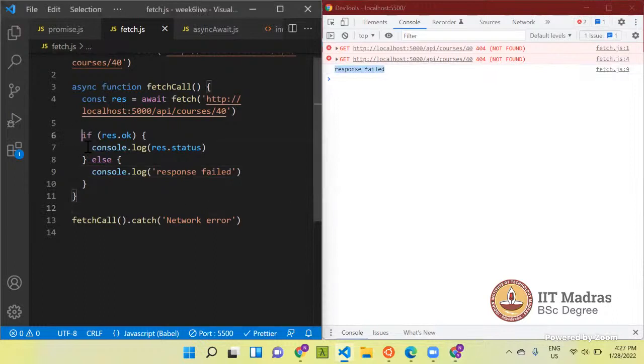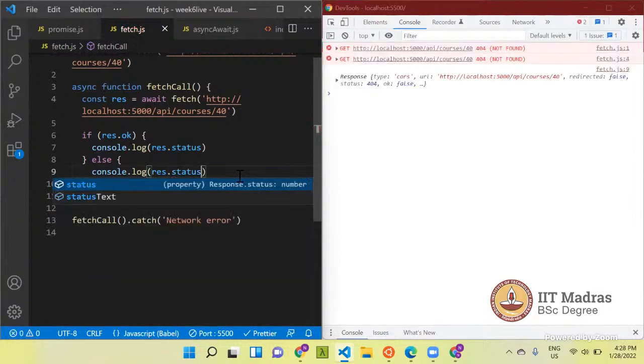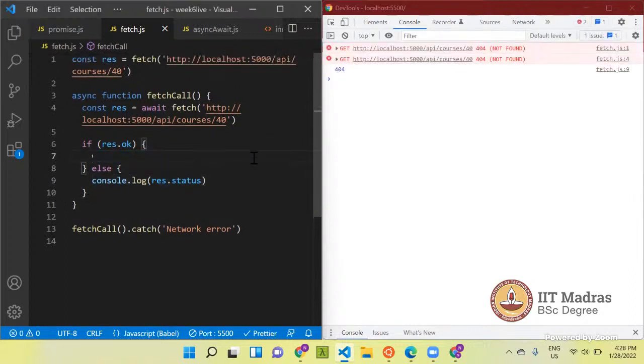Let me change it so it will say response failed. So now I will remove all this. If it's okay, status, and if it's okay, then what will I do?